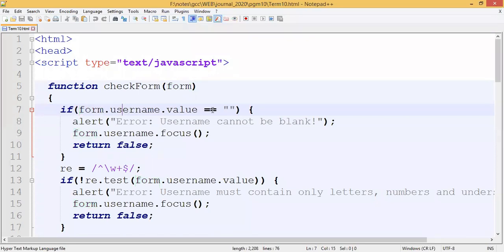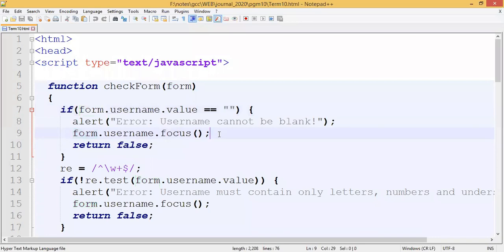So in the first if condition we are checking if the username text box is blank. If the username text box is blank, then the form should not be submitted. That is why we are returning false. Now what is this form alert? We already know alert is going to pop up on the screen. Then this form dot username dot focus, this focus is an event.